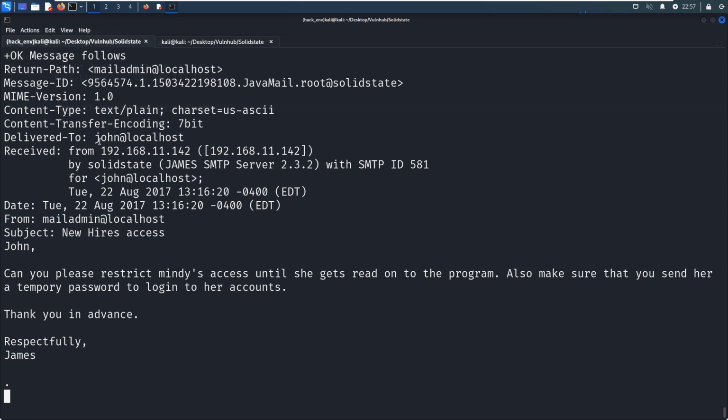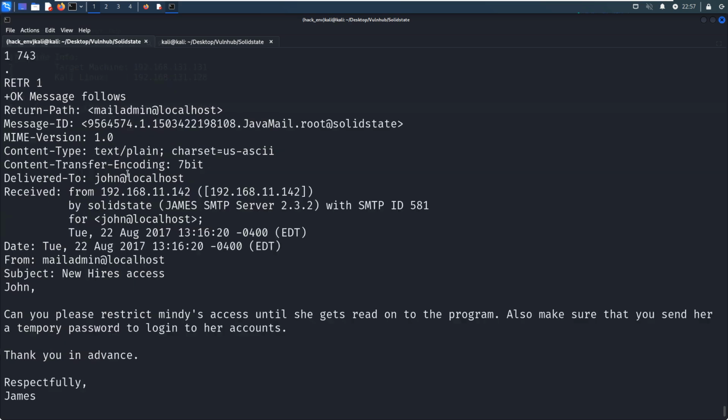This mail is a message from the mail admin to John: can you please restrict Mindy's access until she gets read onto the program? Also, make sure that you send her a temporary password to log into her account.